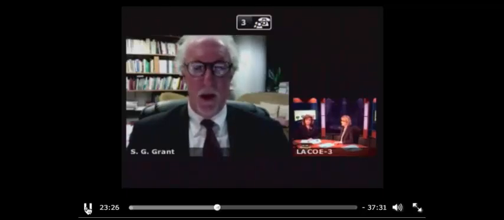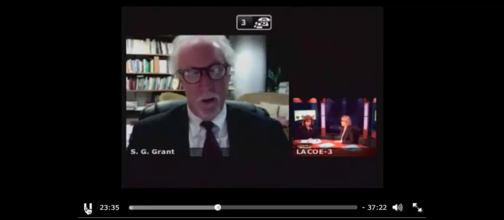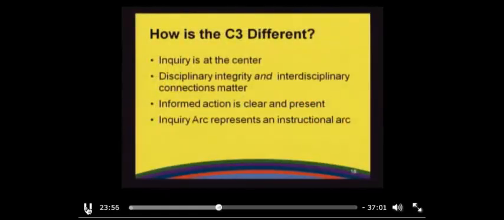And so the inquiry arc, I think, in lots of ways, helps us make some decisions about how to approach teaching units and lessons. So a bit about each one of the dimensions. First of all, developing questions and planning inquiries is really designed to front load the notion that social studies is about inquiry. It's about the questions that teachers and students create, bring to class, and then spend time thinking through. But you can't just spend all of your day asking questions. And so you need to start thinking about what are some of the ideas that we already know about the topics that those questions are based on.